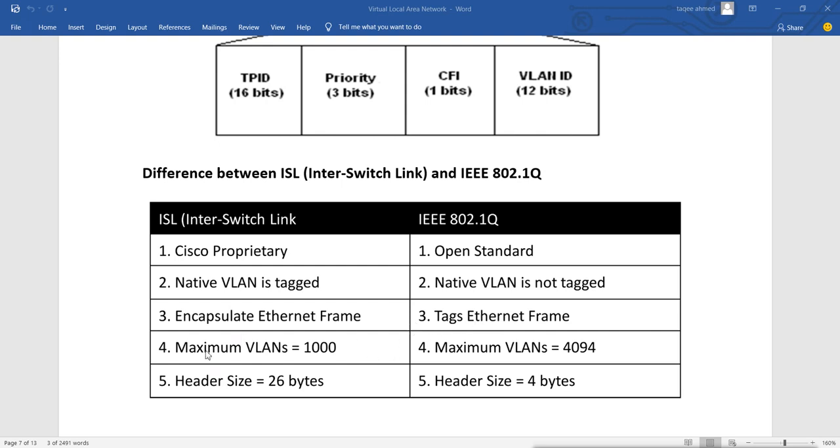ISL supports a maximum of 1000 VLANs, but 802.1Q supports a maximum of 4094. The header size is 26 bytes versus only 4 bytes. That is why Cisco itself is not using ISL now.